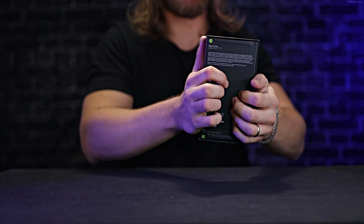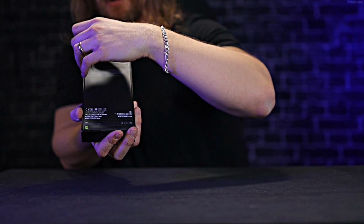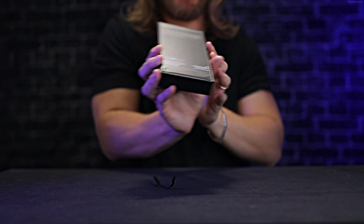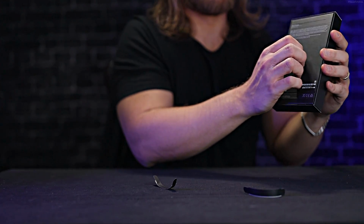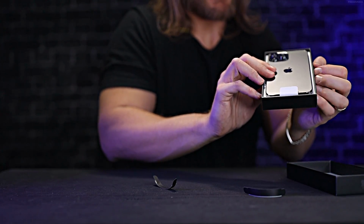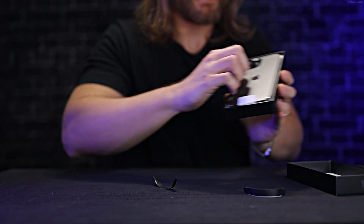So I think we're going to completely make this brand new case void of its newness. So all it requires is the removing of this very satisfying piece here, and then on the bottom here as well. Very nice. And then just brand spanking new technology when it hasn't been touched, and it's so satisfying. It's so nice. Okay, let's